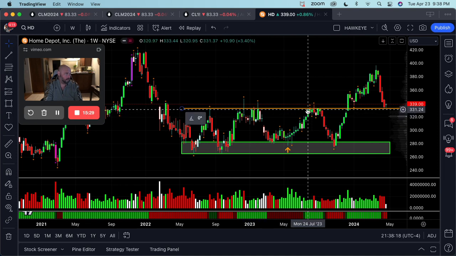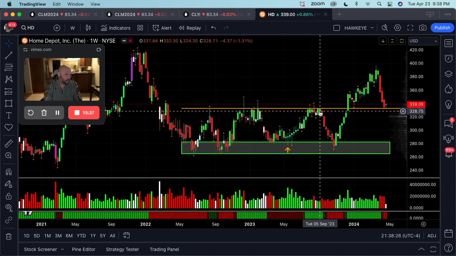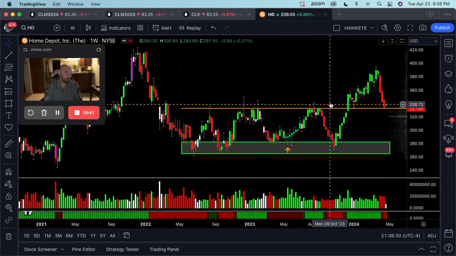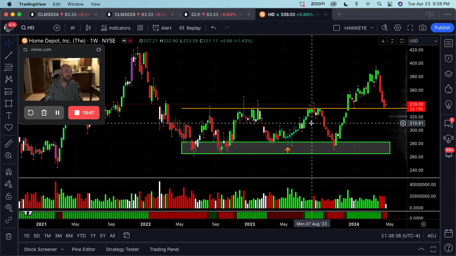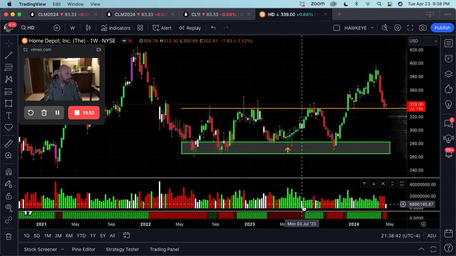And then, where do I want to go? Back to that magical level or line that I drew on the chart that has had so much reaction to it. And guess where price stopped going higher? At the magical level, right? Guess when you would have known that price was more than likely to retrace? Right here. Highest volume printed